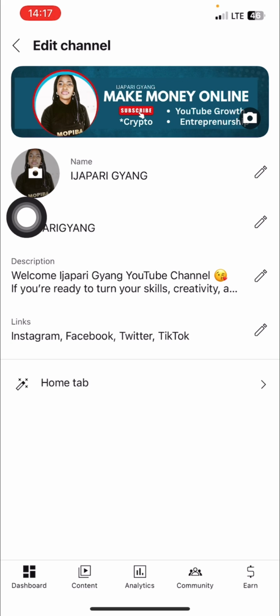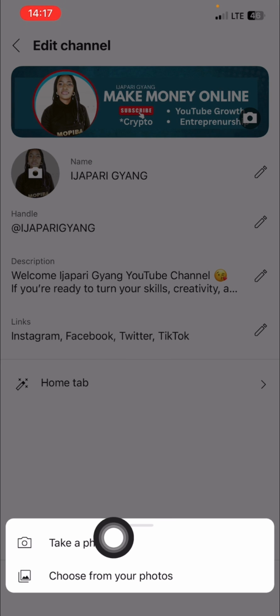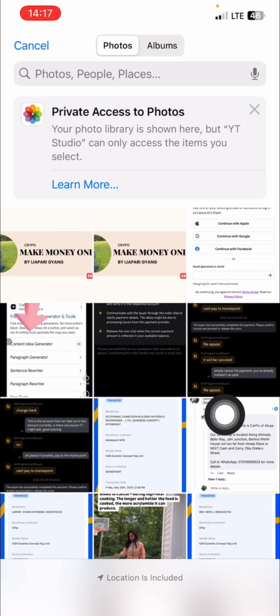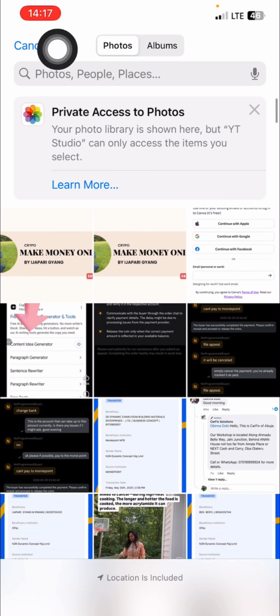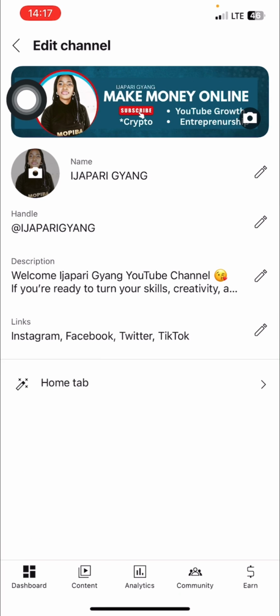Number one, you need to add your own profile picture. If you click right here, it will bring you. You can either take a picture or choose from your photos. So you click on choose from your photos and select a beautiful picture. Please make sure you select a beautiful picture, okay? Once you upload it, because I don't want to change mine now,